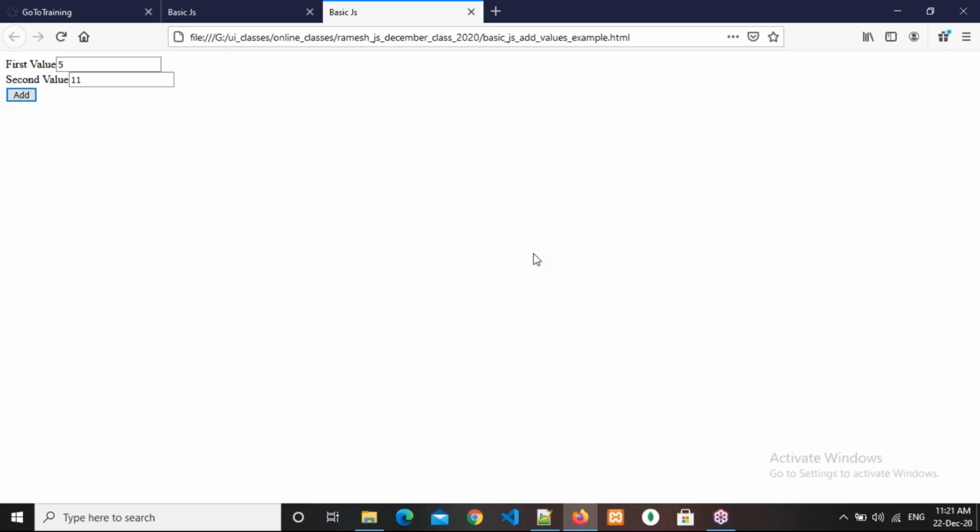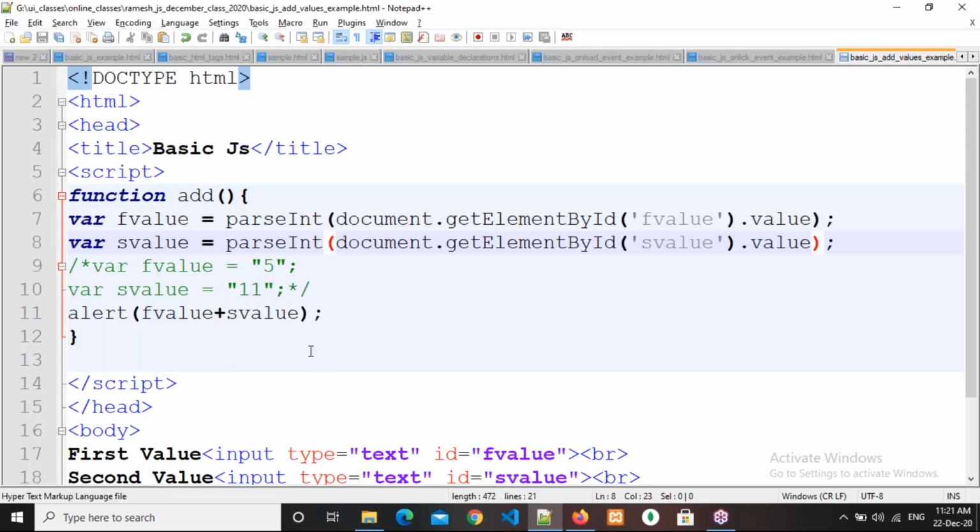Understand, right? Whatever value you feel you are entering as numbers, what the browser and JavaScript understand is a string. Previously I told you, if you apply this plus to strings, it works as a concatenation operator. If you apply this plus to numbers, it works as an addition operator. So document.getElementById f value alone means it is a string. Now you are using parseInt, so automatically it will convert to a number. Then this plus will work as an addition operator, so that we get the proper output, 16. Is it clear, everyone, what we did till now? Yes, sir. Okay, right.